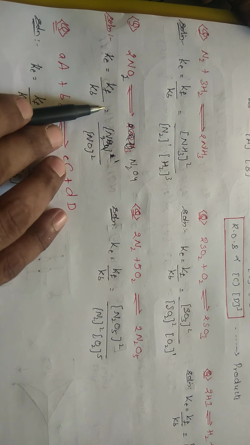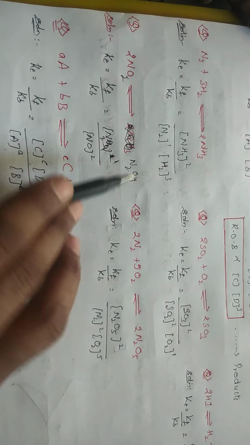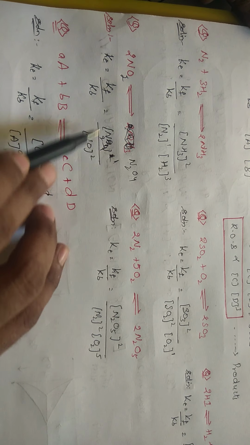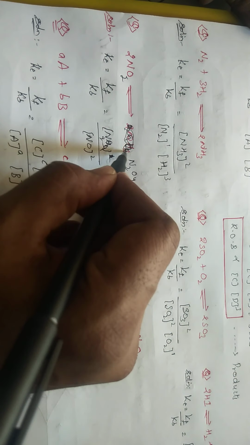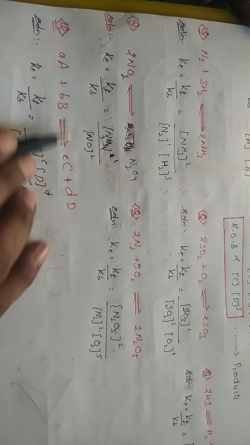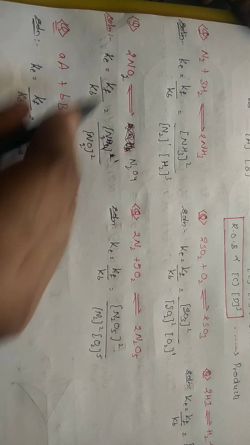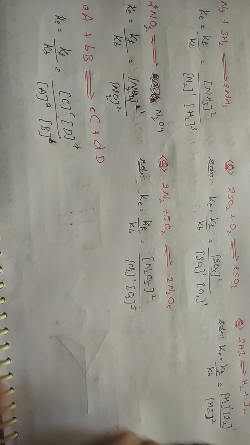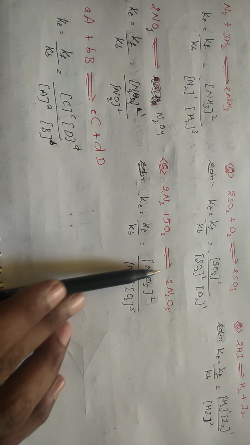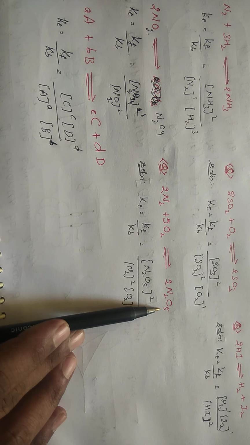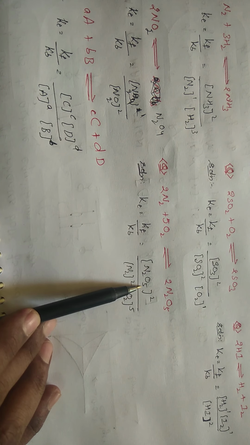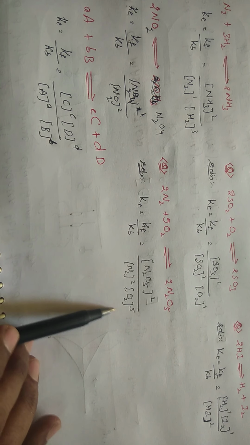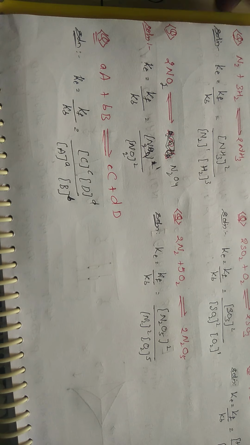So 2NO2 is getting converted to N2O4. Okay. So the concentration of the products, this is N2O4 whole bracket, coefficient is 1. So power will be raised to 1, and this one is NO2 whole power square, because we are having 2 N's, 4 O's. Clear. So in the same way, try for this one, 2N2 plus 5O2 gives 2N2O5. So N2O5 you are taking in the numerator whole square by N2 square into O2 whole power 5. I hope that you are clear with writing this one.